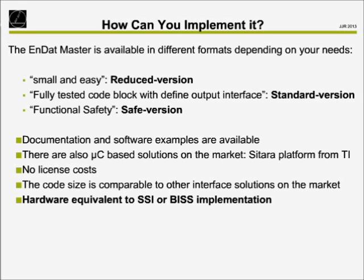You can also talk to them and have them help you work on a custom interface, or you can work on it yourself. And then we have the full-blown version. We call it Functional Safety Master, and that has all the functional safety aspects of it. There's a lot of extra things that go into being a safe encoder, a lot of extra